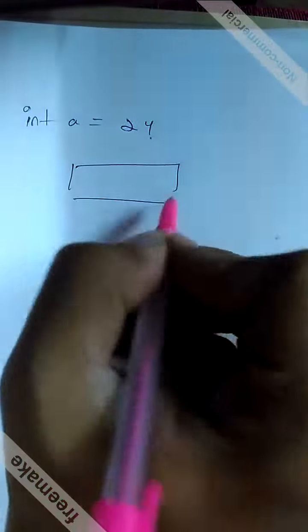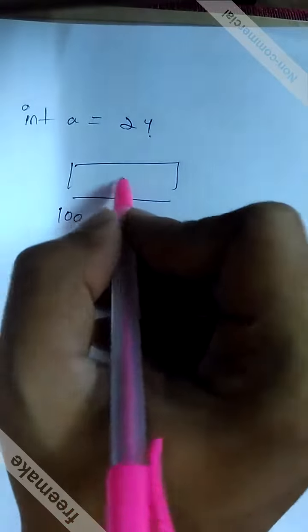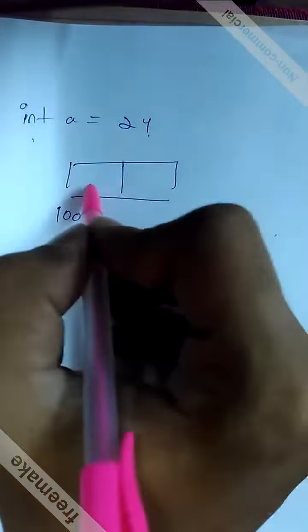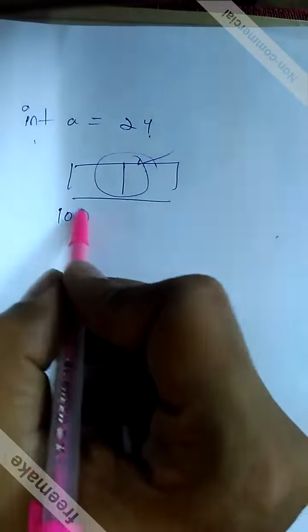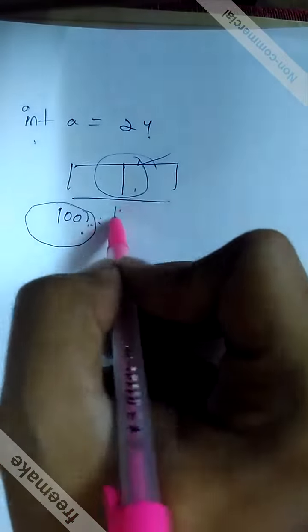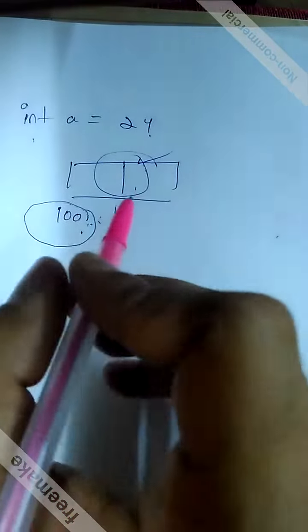For example, we have a variable int a is equal to 24, and on the address it is saved as say 100. At 100 we save 24. It is integer, so it will take 2 bytes. Okay, here we save the integer. Now what if we have a variable which points to this location, and through this location we access the variable? For that we use pointers.